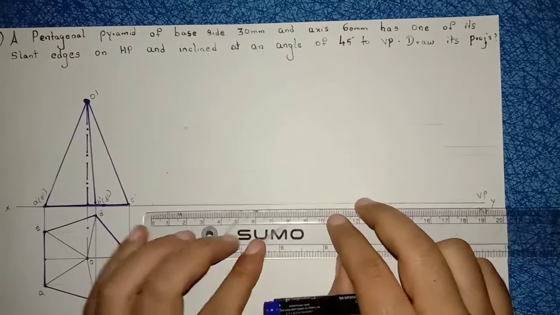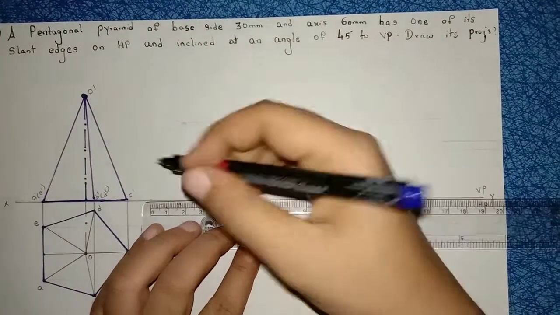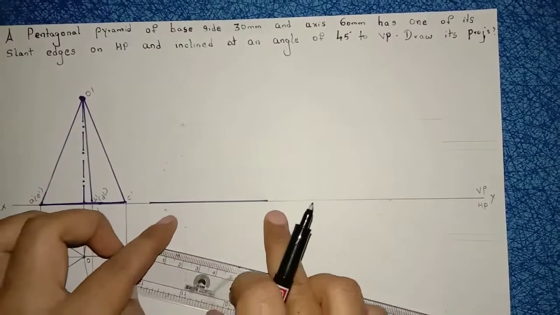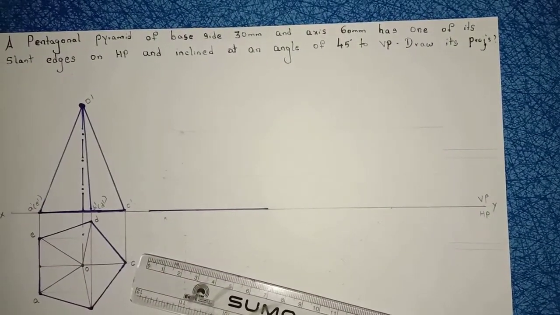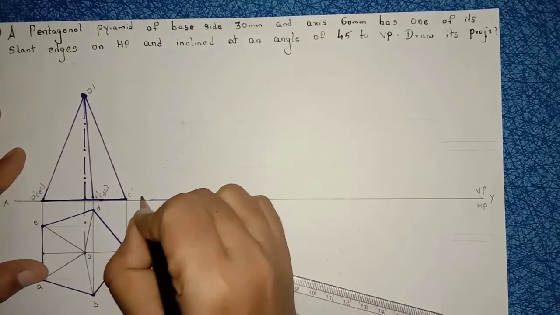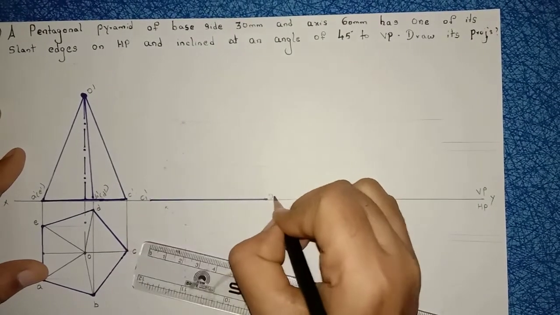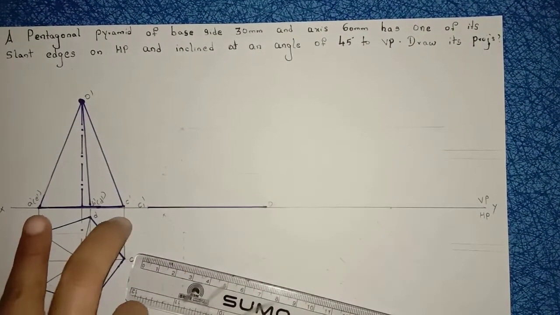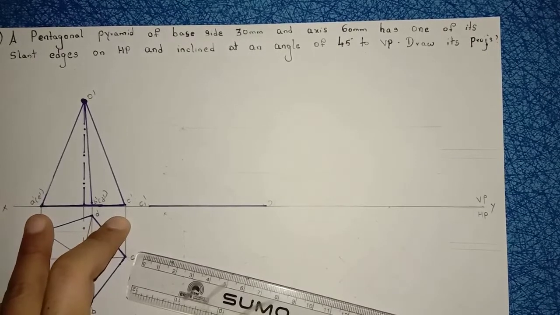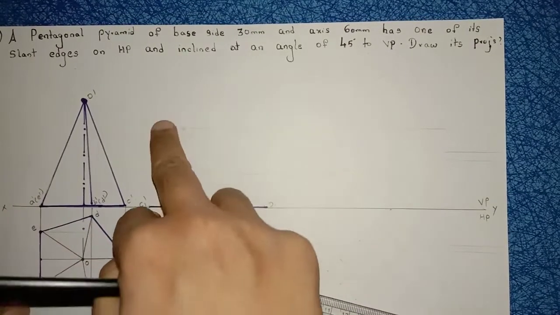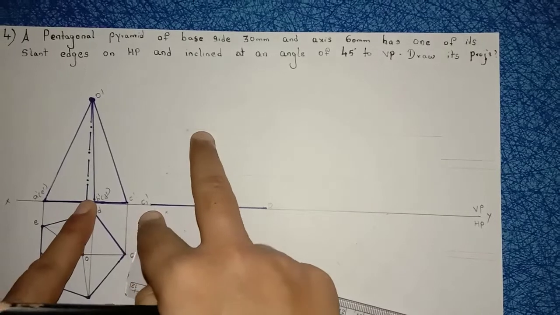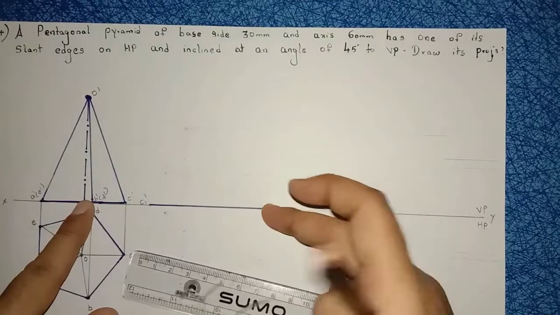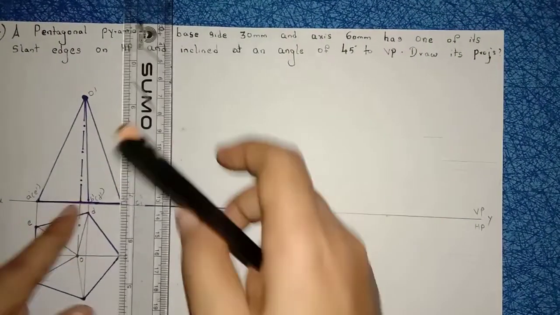I am measuring that length and I am drawing here on this reference line. O dash to C dash, measure this length and draw here. So this point is here C1 dash, this point is here O1 dash. So this is completed. Then next take this A dash C dash length with your compass. Keep your compass here, draw an arc. This is completed. Then next take this O dash to A dash length with compass. Keep your compass here, draw an arc.